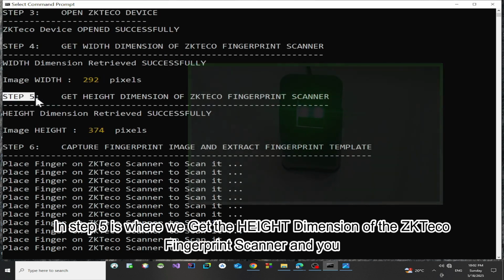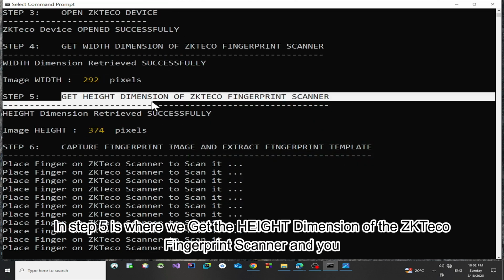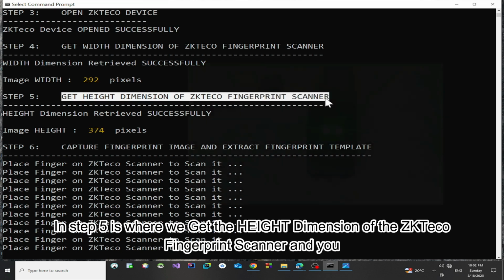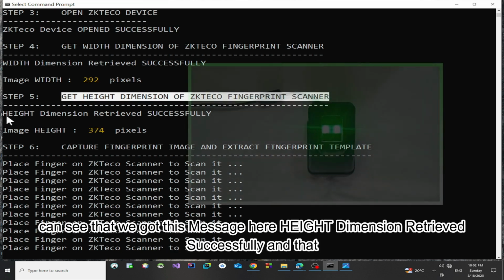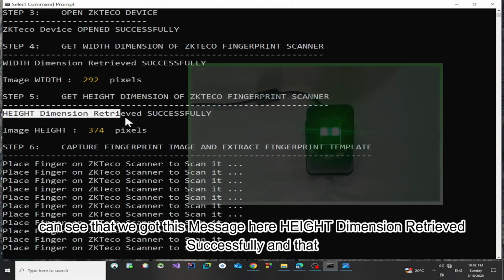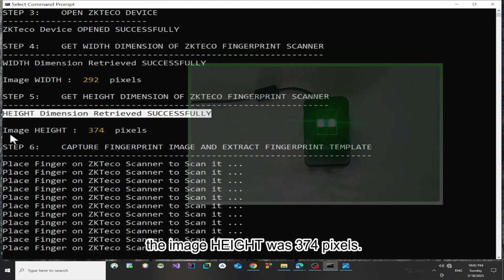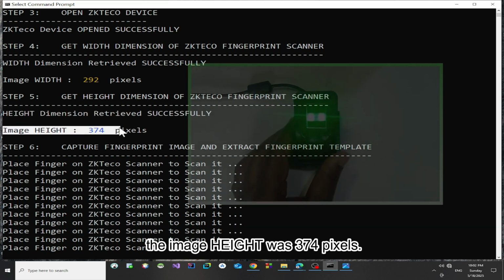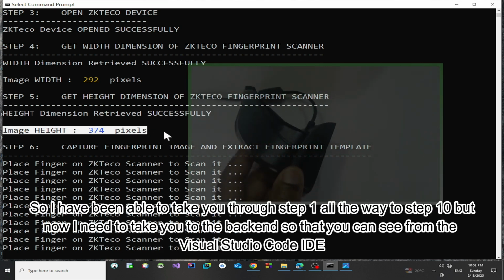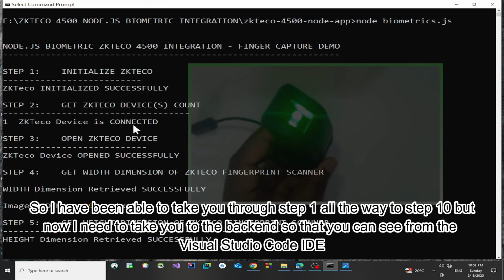In step 5 is where we get the height dimension of the ZKTeco fingerprint scanner, and you can see that we got this message here, height dimension retrieved successfully, and that the image height was 374 pixels. So I've been able to take you through step 1 all the way to step 10, but now I need